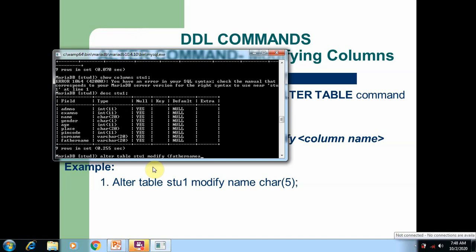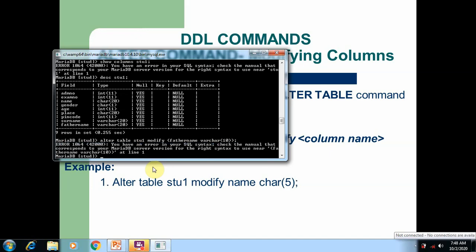Now I'm going to reduce the size of the column to 10. Alter table student1 modify. There is only one column, that's why we simply type varchar 20.